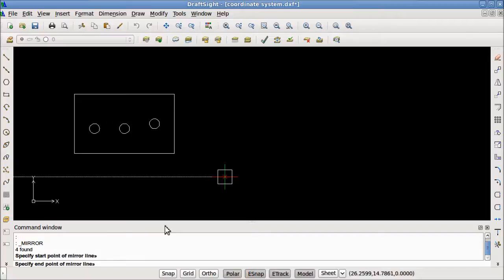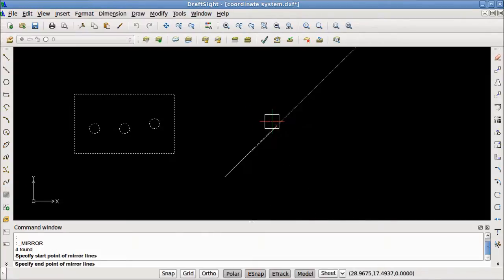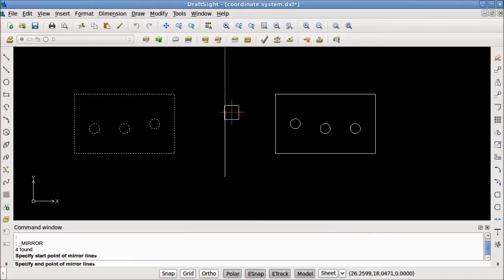Now the next step is important. You need to specify the end point of the mirror line. As I move the mouse, you can see how, if the mirror line is not perfectly straight up and down, the entity will rotate as well as mirror. To ensure that the line will not cause the entity to rotate, we can either type in relative polar coordinates, such as at 5, 90, to make sure that it's on a 90-degree angle, or we could turn on polar or ortho to help